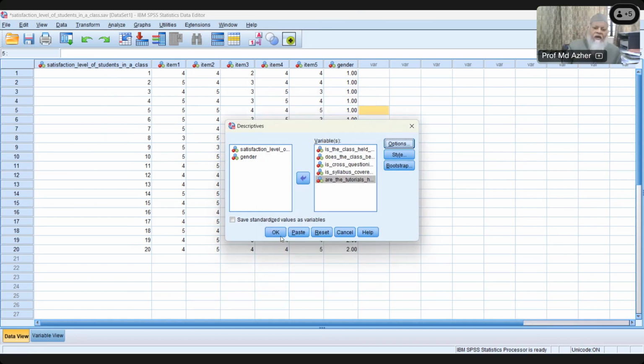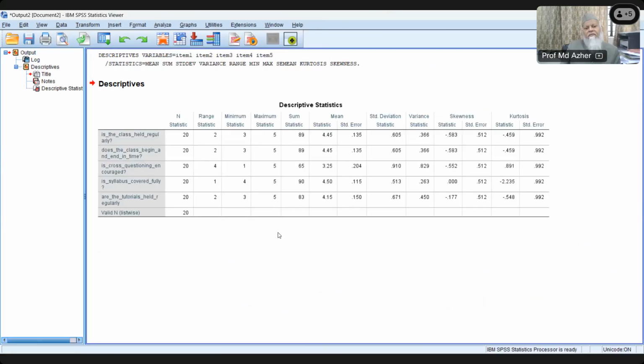And then I go to the OK. See, this is the box which has come, about the descriptive statistics of all the parameters. So let us see. These are 5 parameters here for which we had collected